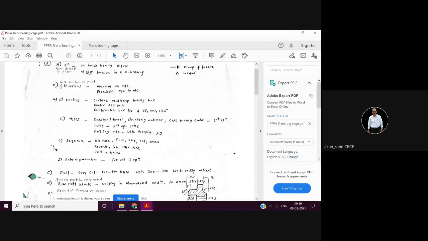So capstan lathe, turret lathe, or you can use a chucking automat, or a CNC turning center for the first operation, then a lathe or CNC turning center for the second operation, then a drilling machine with indexing jig, and then a milling machine for the square. So these are the machines, and in case you don't have any of the machines, then the process engineer has to place an order for that particular machine through the purchase department.